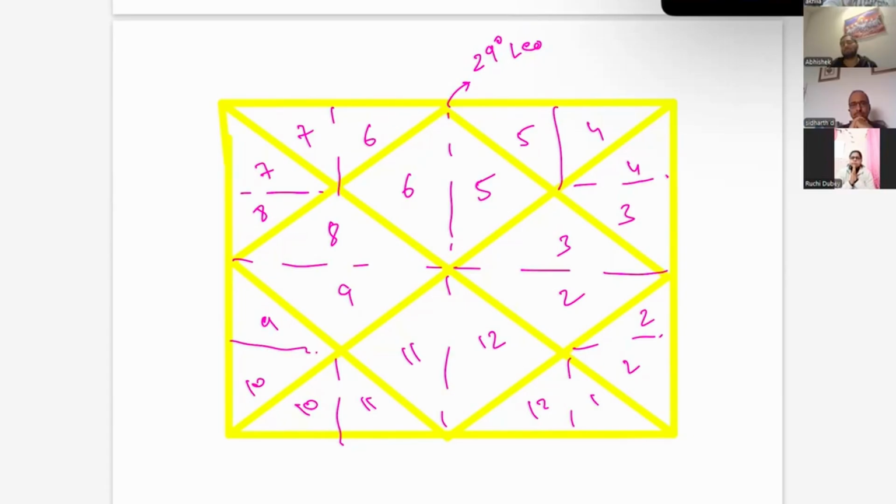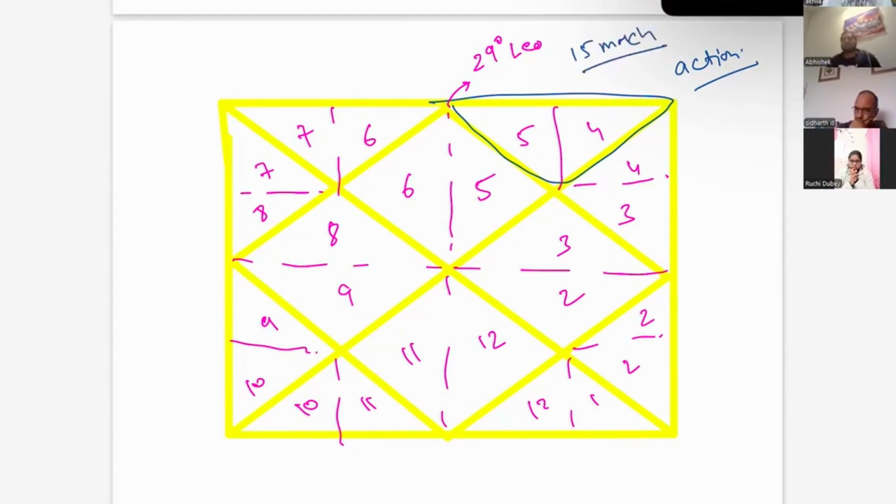So what will happen is, you will see somebody is in the activation of the 12th house. So will you tell them the results of that? For example, if somebody's birthday is on 15th March, then from 15th March they will start running the 12th house. The 12th house gets activated, and it will start from 15th March.